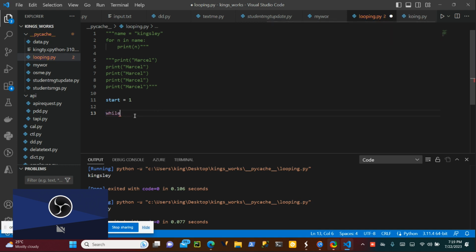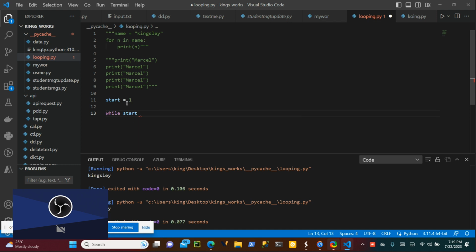While start, this one, while start. What is start? Start is 1, right? Yes.